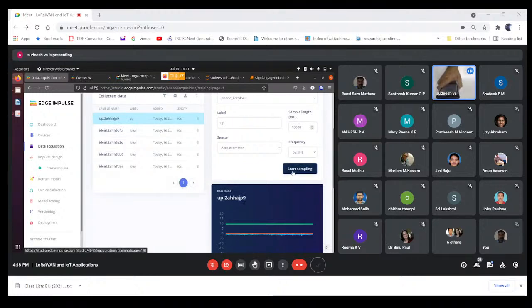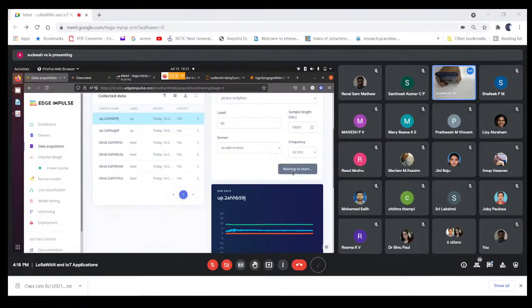Four more data samples with little changes. Okay, we have 4 samples in the up label.